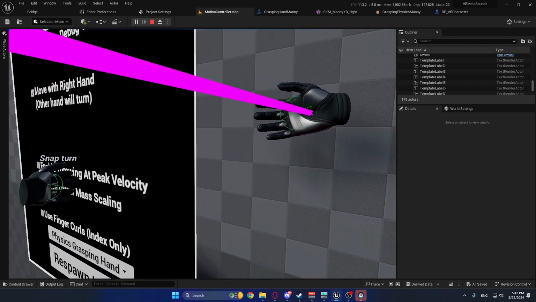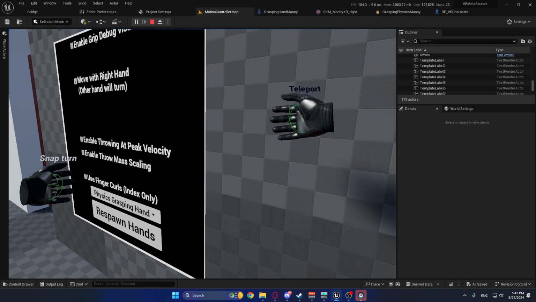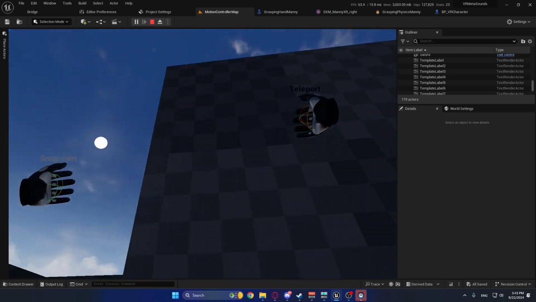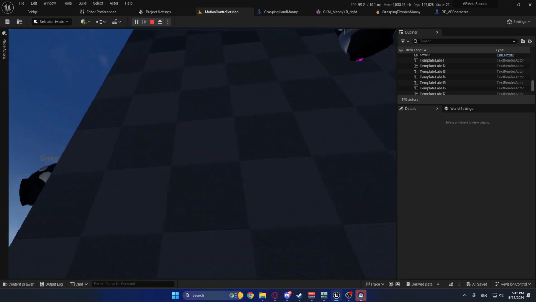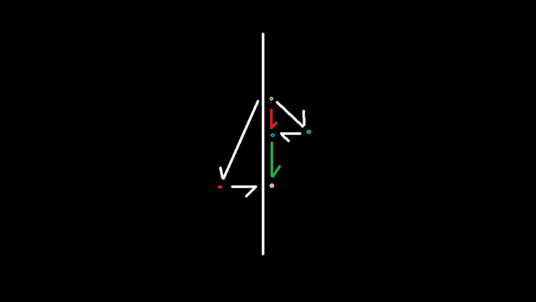Or rather, we could see the direction it's trying to go to reach the motion controller. And this is going to be really helpful for us calculating the friction direction of this wall. Now to calculate this friction direction, we need to project the direction vector back onto the wall. The term project isn't entirely accurate in this scenario, but for simplicity, it's how we're going to refer to this